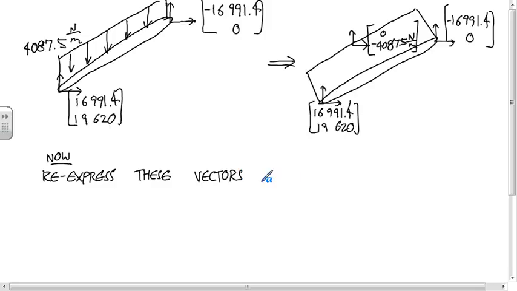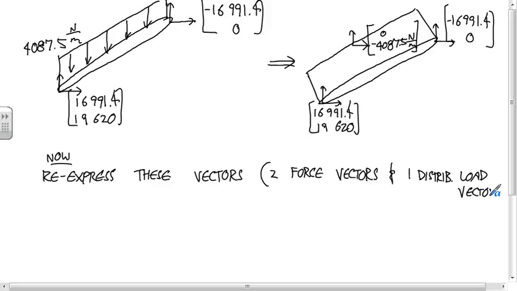And the vectors I'm talking about are two force vectors and one distributed load vector. In a coordinate system